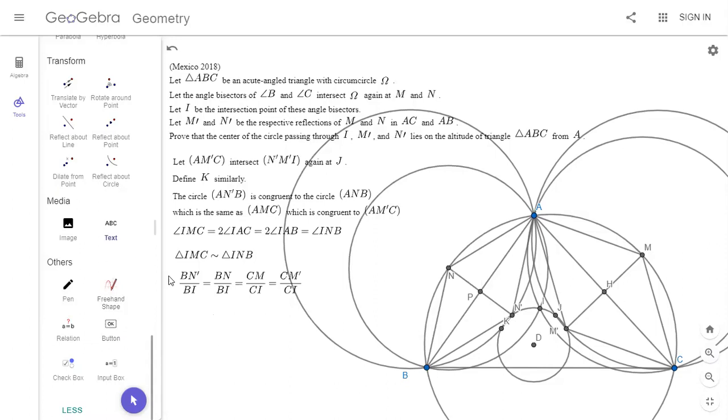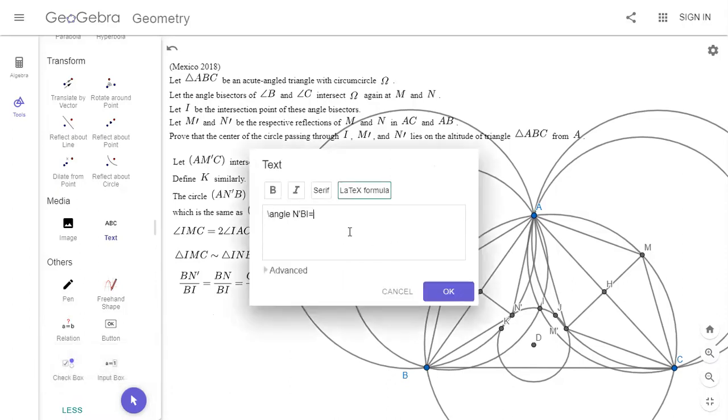So angle N prime BI is angle ABI minus angle ABN prime, which is equal to angle ABI minus angle ABN, which is equal to angle B over 2 minus, so that's half angle B minus angle C over 2. So then similar, and then